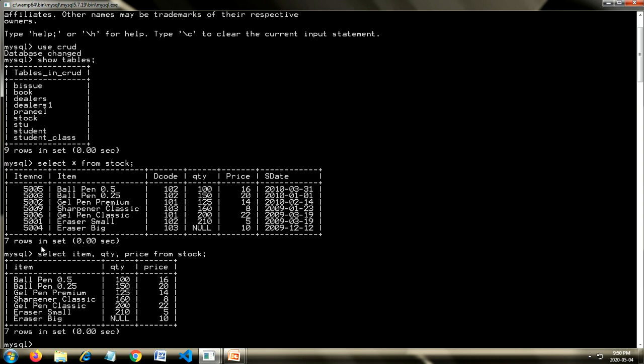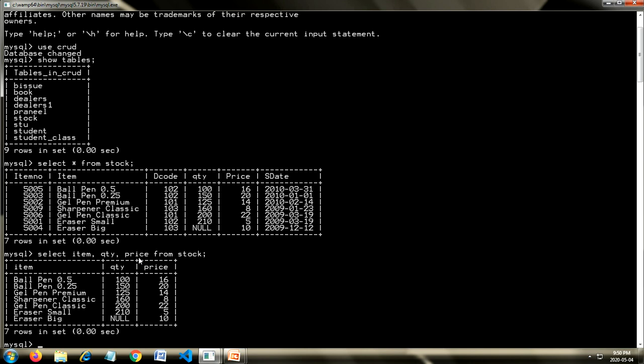It will give you the columns you have mentioned in the select command and their records. This is how you can see selective columns also.